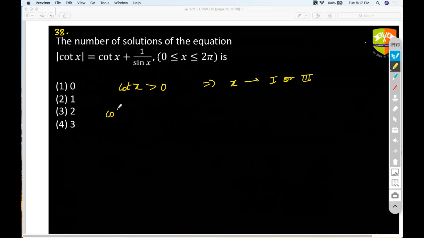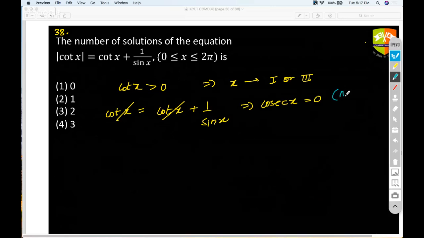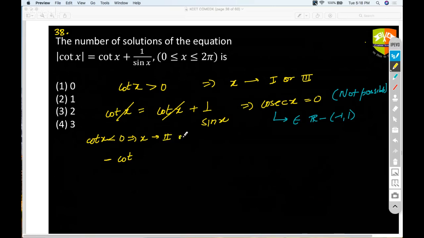If that happens, I would be seeing an equation of this nature, which clearly implies that I would get something like this, which is not possible, because we know that cosec x does not belong to the interval minus 1 to 1, right? In other words, my cot x cannot be positive, it has to be negative. If it has to be negative, that means x has to be either in the second quadrant or in the fourth quadrant,